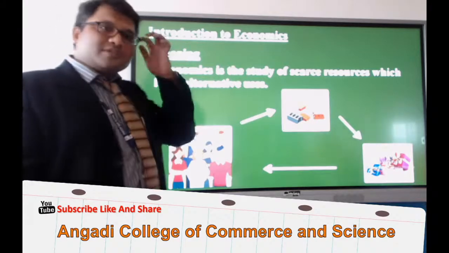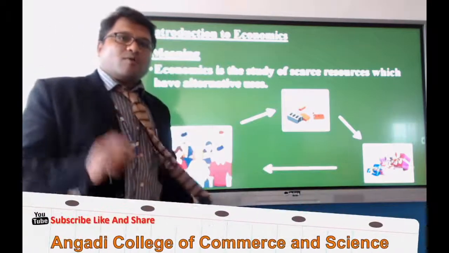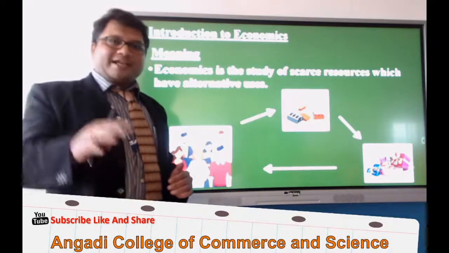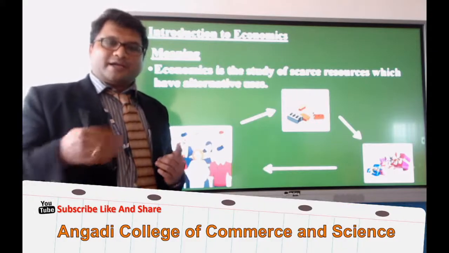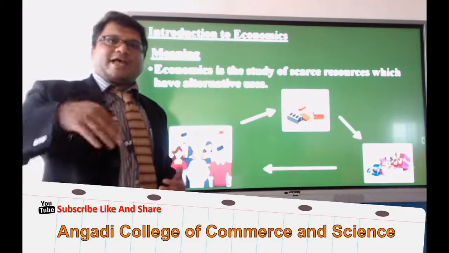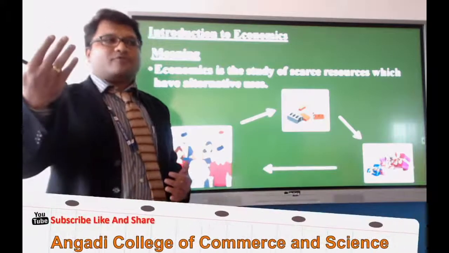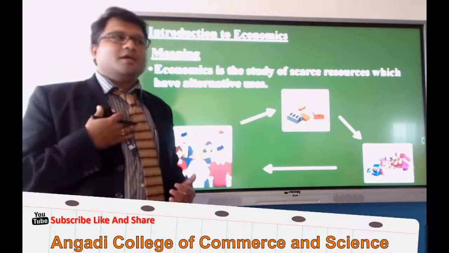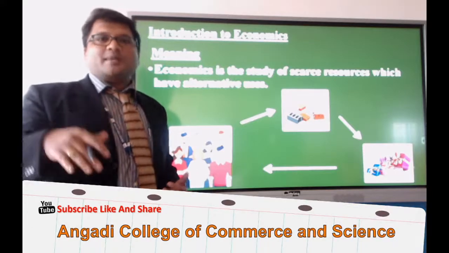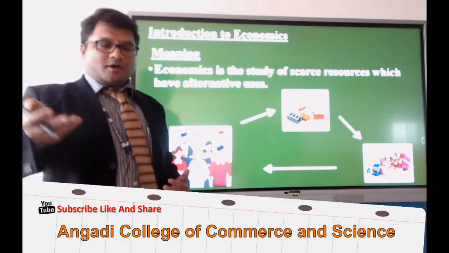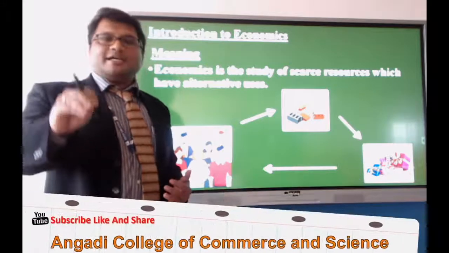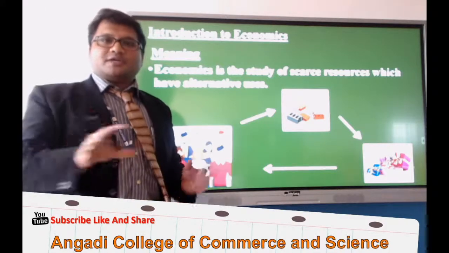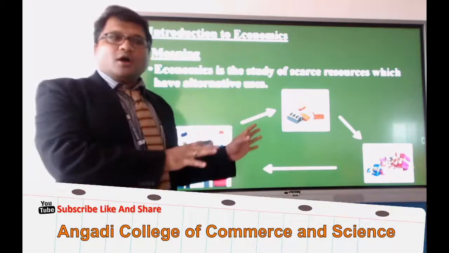And also these resources have alternative usages. Let me explain what we mean by alternative uses in economics. I took an example of an individual, but similarly, at the national level, even governments face this problem of limited resources. Every year we see the finance minister coming up with a budget. In the budget, he declares that so much of an amount is given to the education sector, so much is allocated to